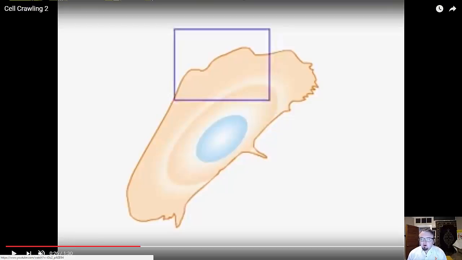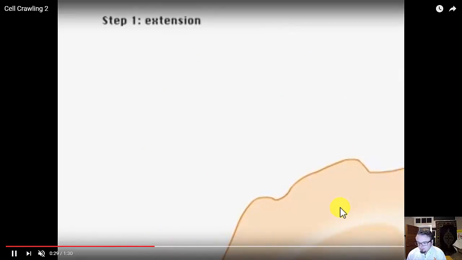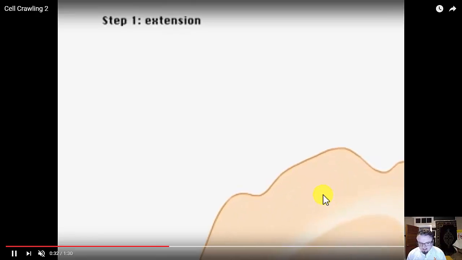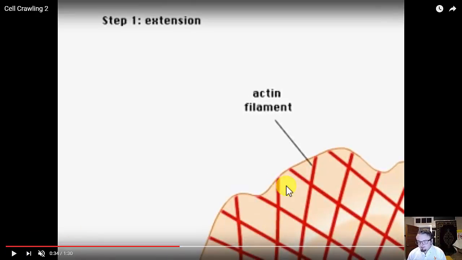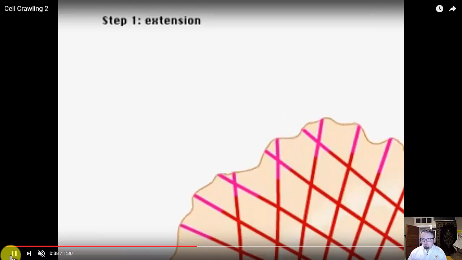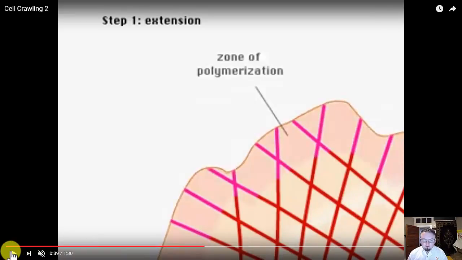So here you're seeing a part of the cell that's going to be involved in movement, and we're going to see here how the actin starts to concentrate. Here's the actin, here's the filaments that make up around the outside of the cell. What we're going to see is that they're going to start to grow and extend and physically push the membrane with them. So here it's showing there's the actin growing, and what that does is it physically moves that membrane forward. So you're seeing movement take place in real time through the extension of the actin filaments or the microfilaments. As they push forward, that causes the cell to move.